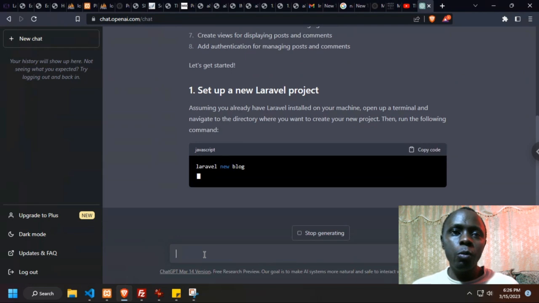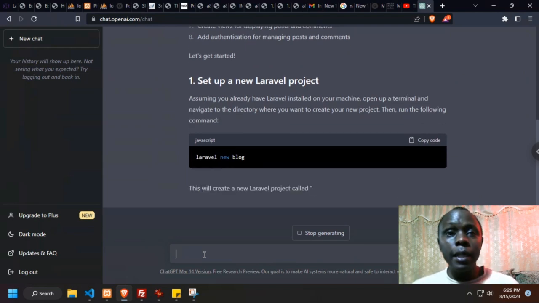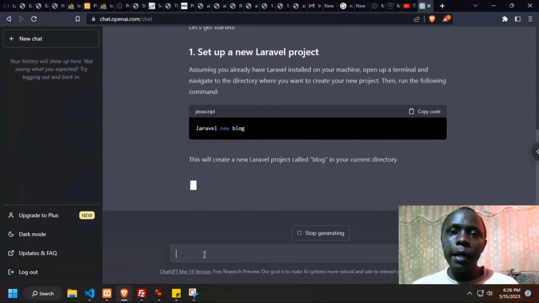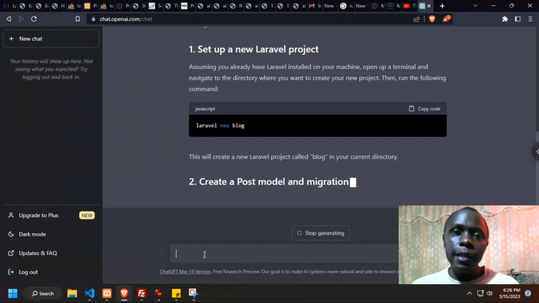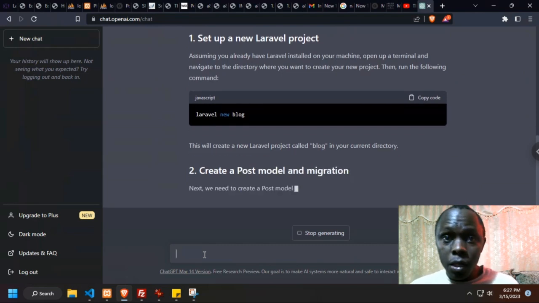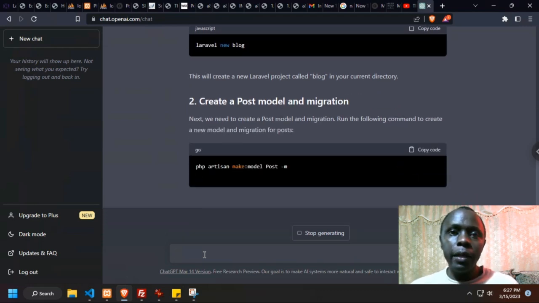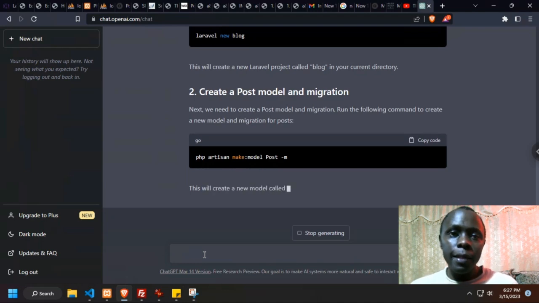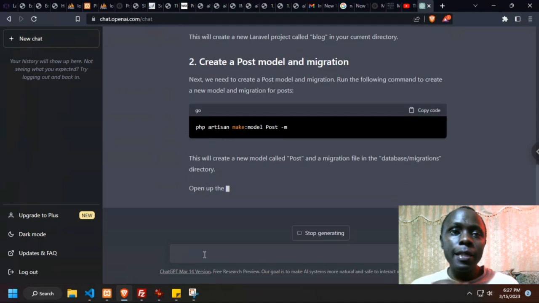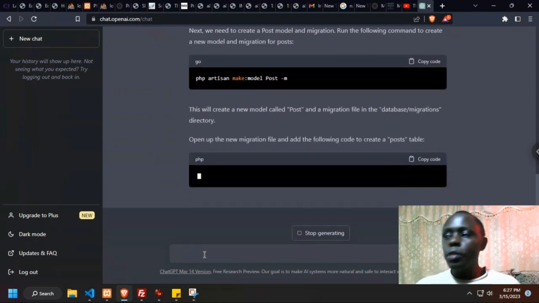Then you're going to run Laravel new, that is creating the blog, the new project for the first time. Then it's going to create for us the post model, that is we run make model. This is what we're going to do in the next few seconds. So we are going to get our hands dirty creating an application using Laravel, and